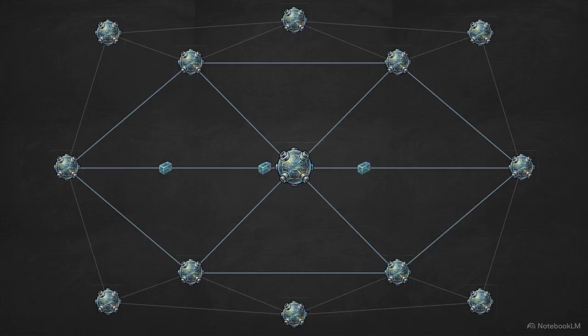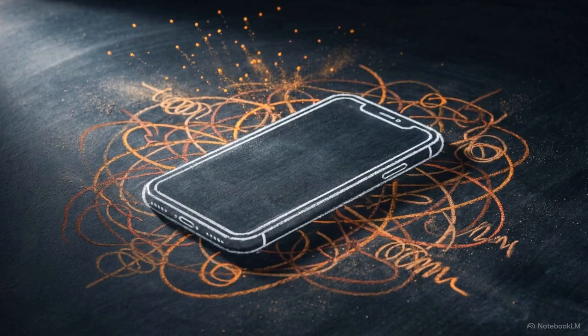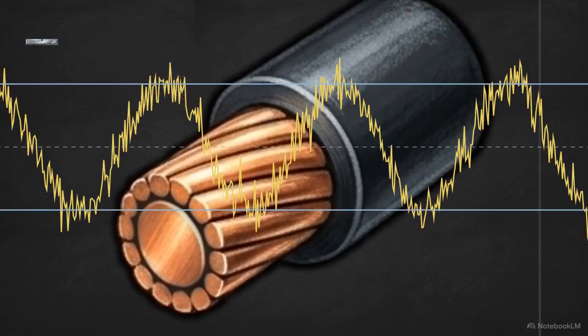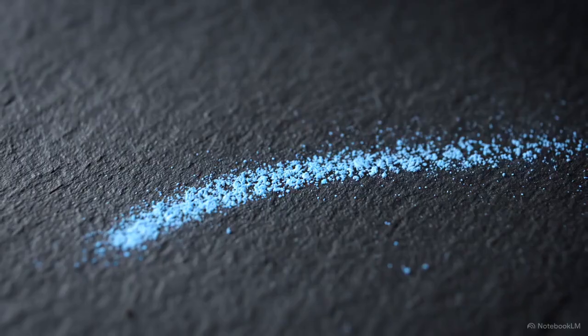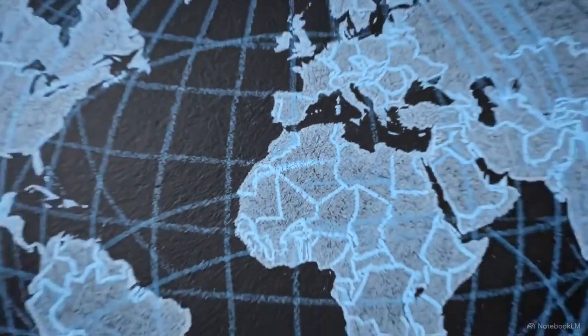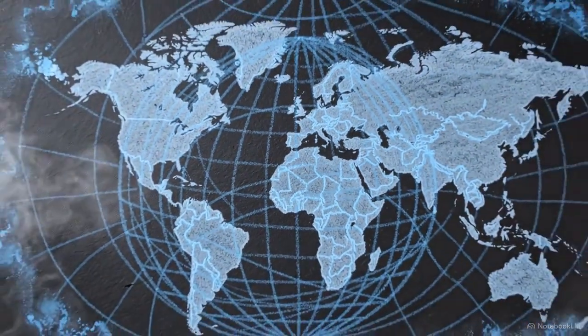By treating data like mail, the network can use dynamic routing. If it detects congestion or a failure on a central link, it automatically detours the remaining packets through alternate pathways to keep the data moving. Our modern devices still rely entirely on the chaotic, fading physics of analog electricity. But by layering strict digital mathematics and self-correcting packet protocols over that electricity, we bypass the limits of the physical wire, building a communications network that can scale endlessly without